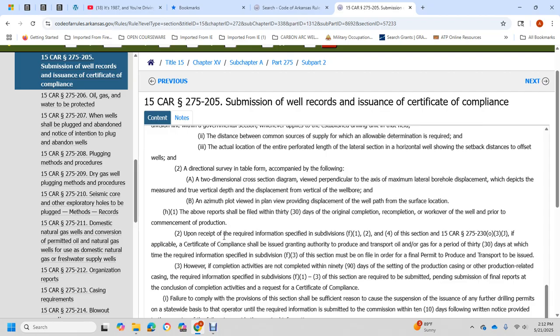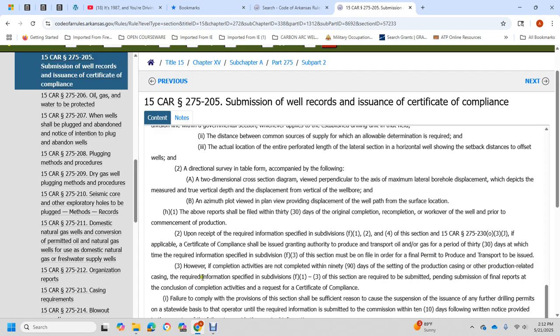Prior to the commencement of the production, upon the receipt of the required information in subdivisions F1, 2, and 4 of this section, Title 15 Code of Arkansas Rules 275-230-031, the applicable certificate of compliance will be issued, granting the authority to produce and transport oil and gas for a period of 30 days. The required information specified in F3 of the section must be filed with the order for a permit to produce and transport, to be issued with the completion of the activities completed within 90 days of the setting of the producing